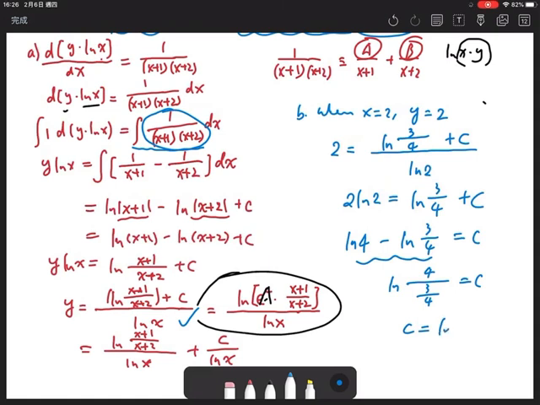So finally c is ln 16 over 3. Okay, it's 16 over 3. So finally, the specific solution is y equals ln